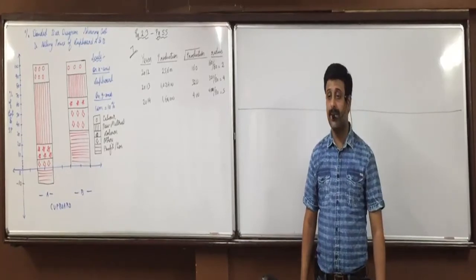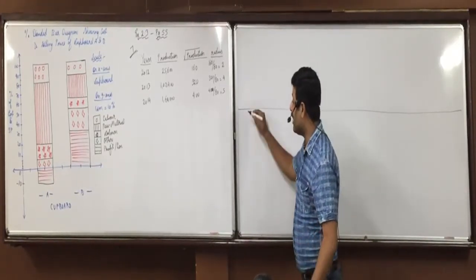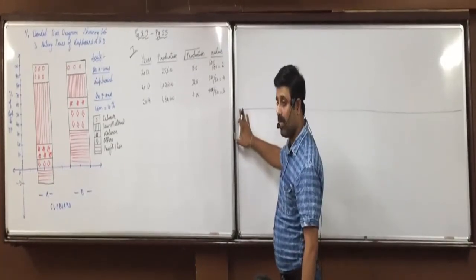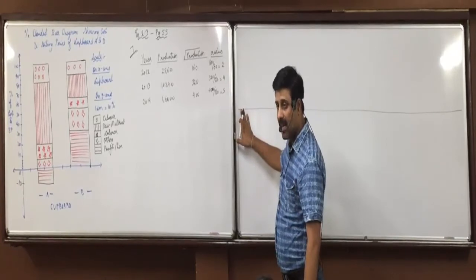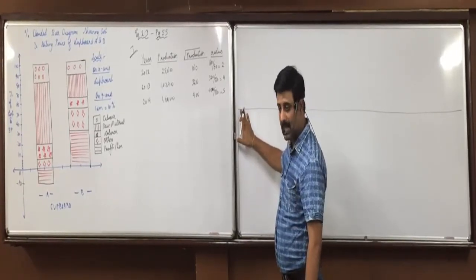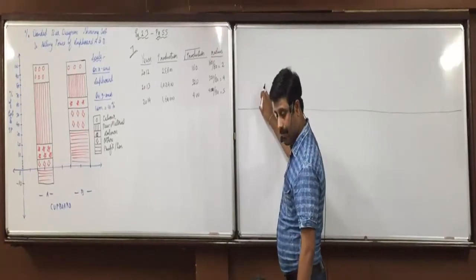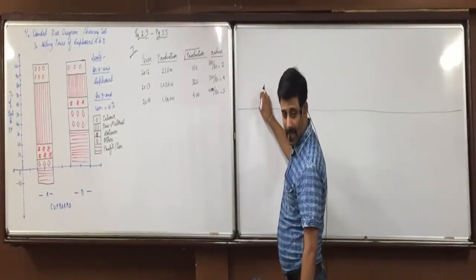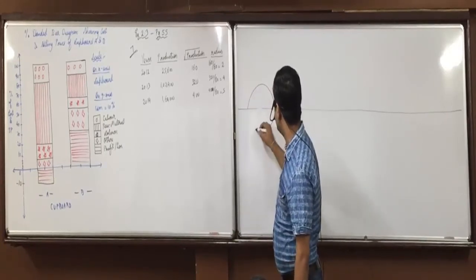Who all are still doing it? Now listen carefully. Start from the extreme left, leaving a reasonable 1 or 2 centimeters gap only. Don't leave much gap. The point which you have marked should be on this line. And make a circle with that 2 centimeters radius that you have set.